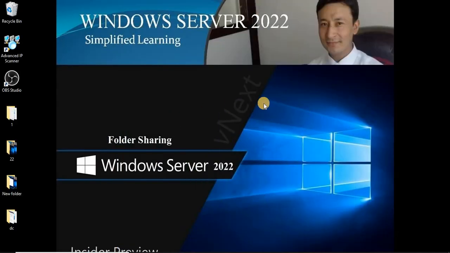So these were the easy steps in Server 2022 to share files and folders along with the permissions, and also to understand that the most restrictive permission is always given the highest priority. So I do believe it was easy for you to understand how to share your files and folders